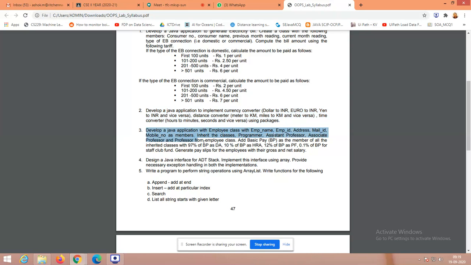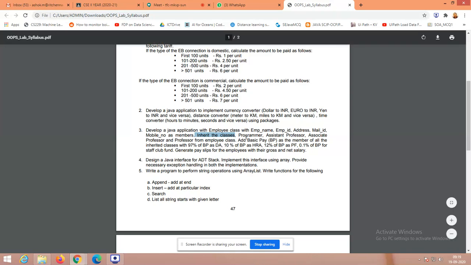See that this is a program. Here they have not given you a restriction on innovation, but here you could see that they have given inherited classes. So here you could substitute your inheritance. The concept of inheritance needs to be used here, right? Because they have given different classes here. They have given the requirements very clearly, right? They have given the different requirements. The basic class is the employee class here. So the rest of them are